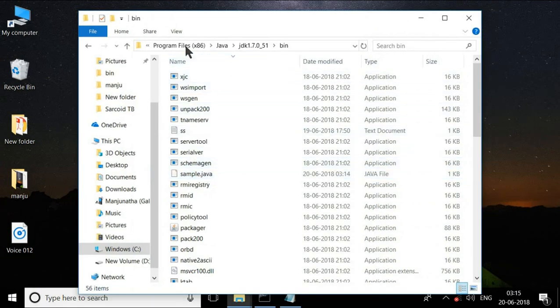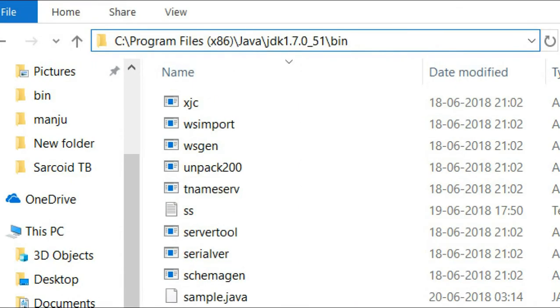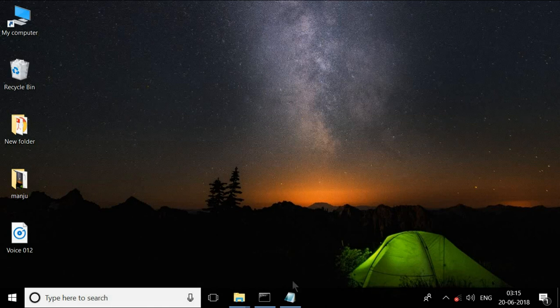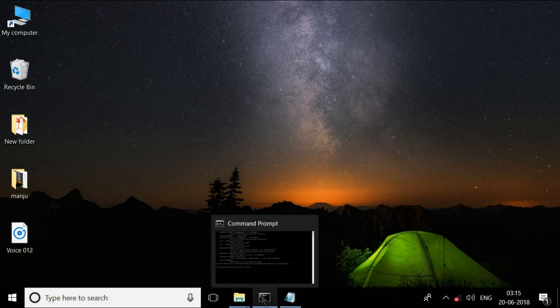You can see the path over here. If you double click here, you can see program files, Java, JDK and bin. So you have saved your program inside your JDK bin.